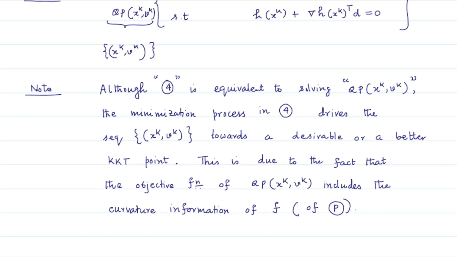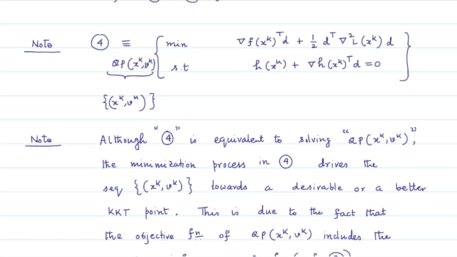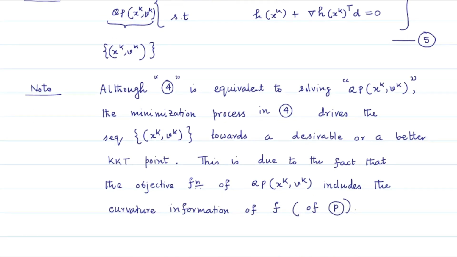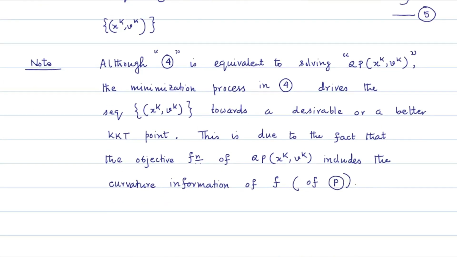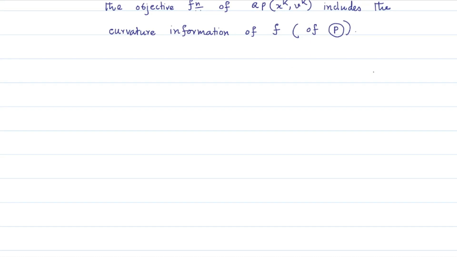But before that, let us look at a bit more reformulation of this problem QP and try to extend the approach for problems with inequality constraints. To go with further reformulation, let us name this problem as 5, or just call it simply QP if there is no confusion regarding the point xk, vk. We notice that the problem QP